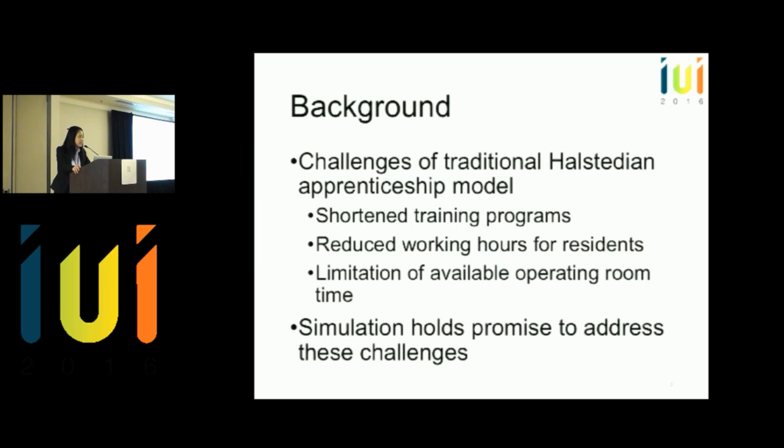Surgical skill training has traditionally been based on Halstedian apprenticeship, whereby students carry out a surgical task under supervision from a human expert. But this training model has been strained by challenges of shortened training programs, reduced working hours for residents, and limitations of available operating room time.